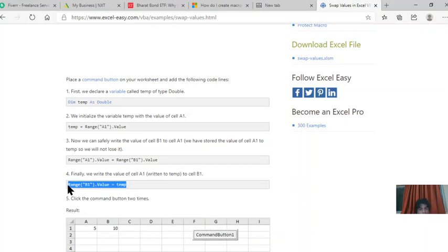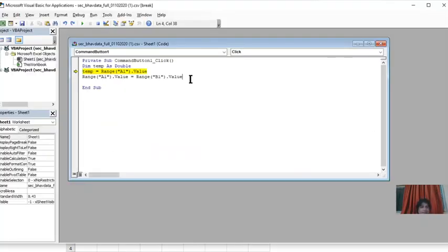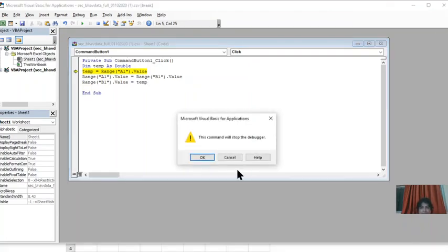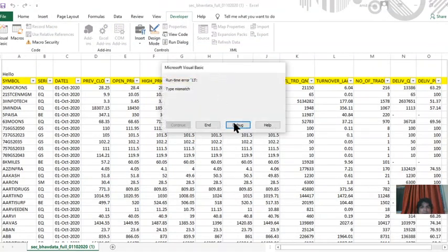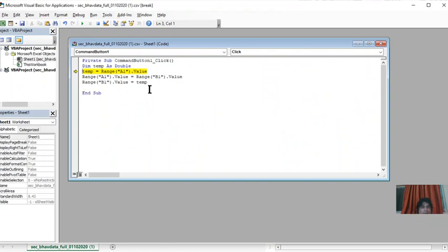B1 is Control C, and again we will place it with Control V here, and now we will close this. Okay, and now in designer mode, command button, again debug. Enter. Now save.